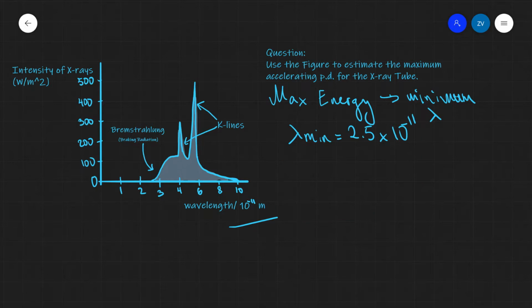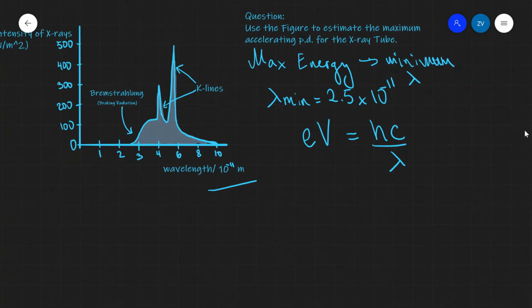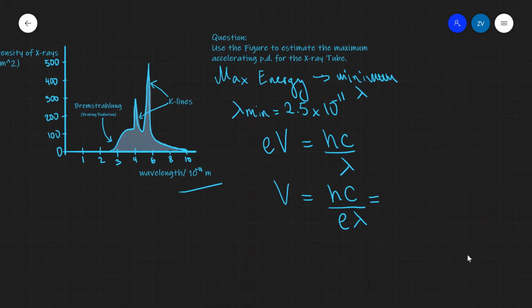So what we can do is set the accelerating electrical energy equal to the photon energy. The electrical energy is given by eV, and our photon energy is given by hc divided by lambda. We could directly rearrange for V, and we can say that V, the voltage, will be given by hc divided by e times lambda. If we were to plug in some numbers, what we're going to get is